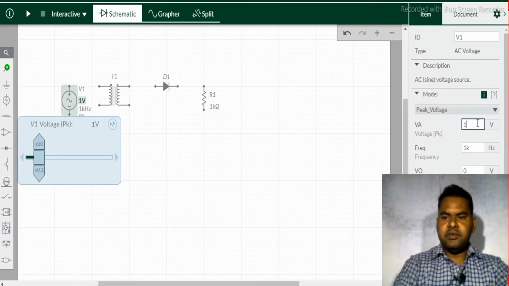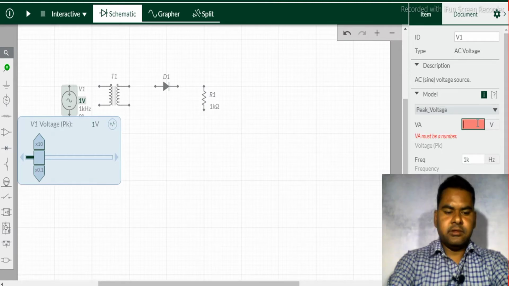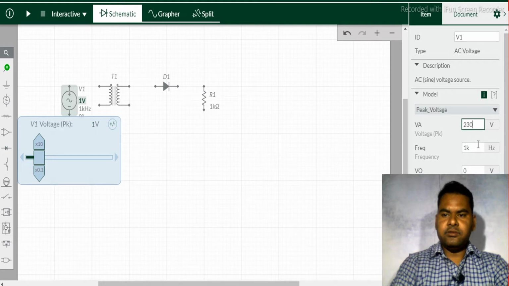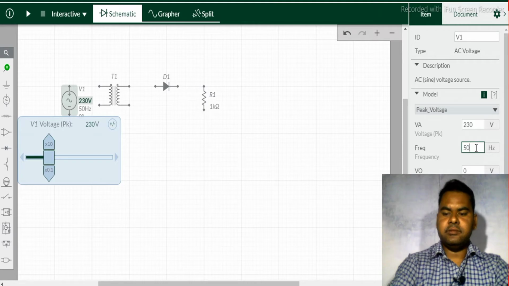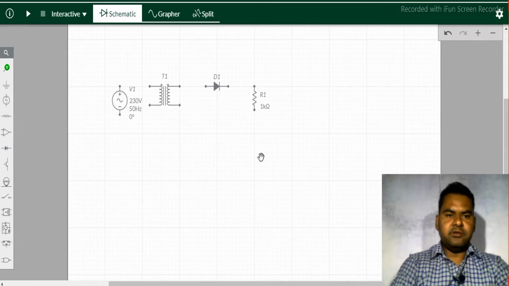I am setting the AC voltage source to 230 volt, and the frequency is about 50 hertz, which is the Indian electrical power supply.